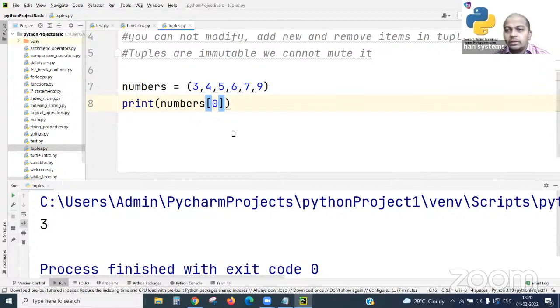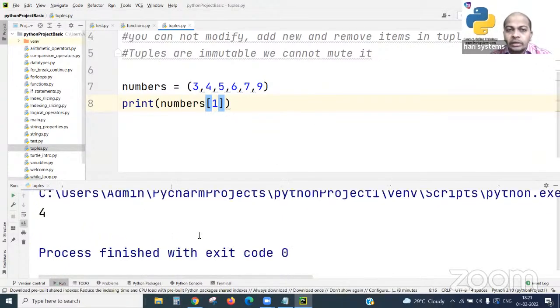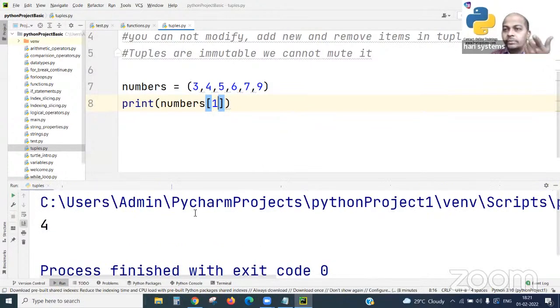A negative index goes right to left, followed by -1, -2, -3. If I change this to 1, I get number 2, the second item.